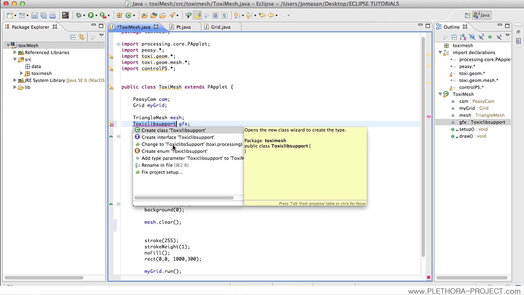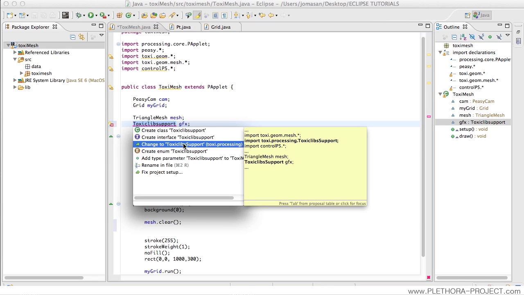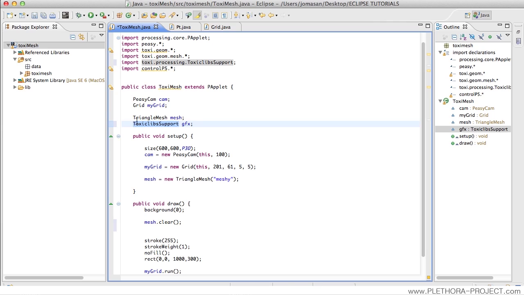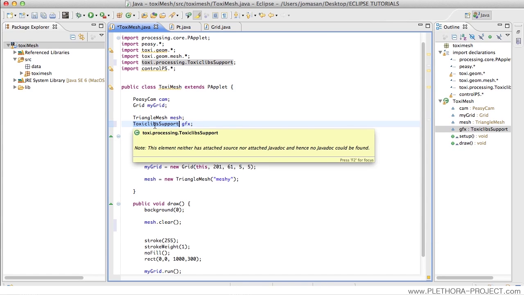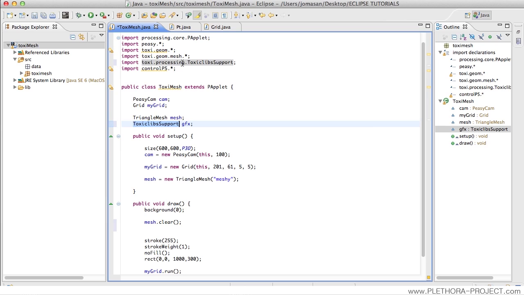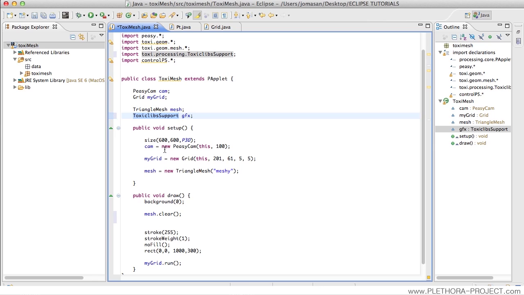Right, so here's a good recommendation. Change it to Toxiclibs support from toxi.processing. Yes, so quite helpful here. Eclipse is telling us this is the name of the class that you're looking for, and you would have to import this piece of the library to actually access it. So really helpful. It did take us so long to really figure that out, and now we can initialize that